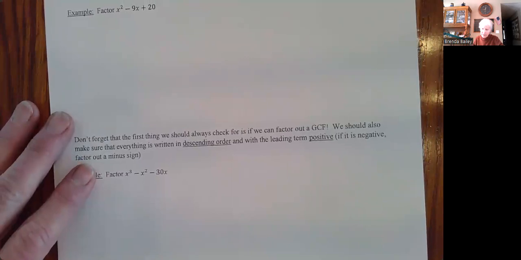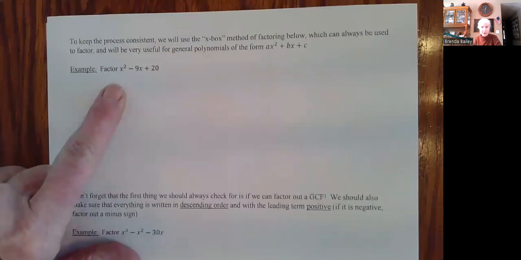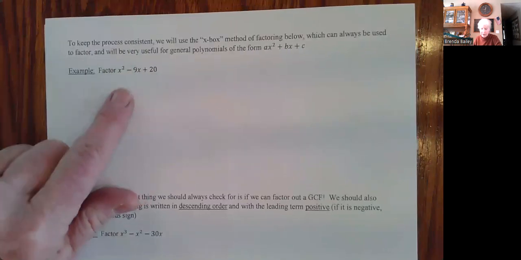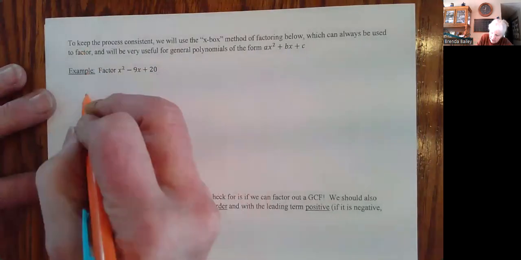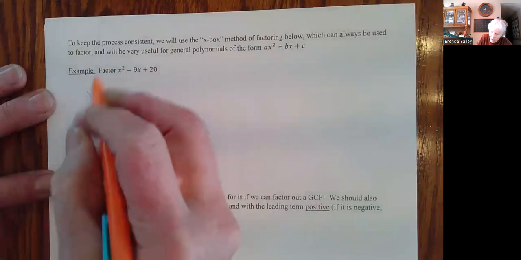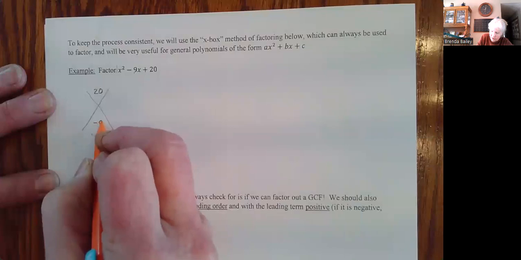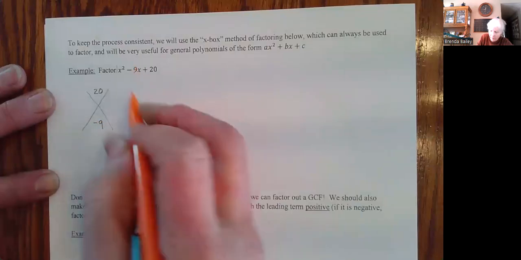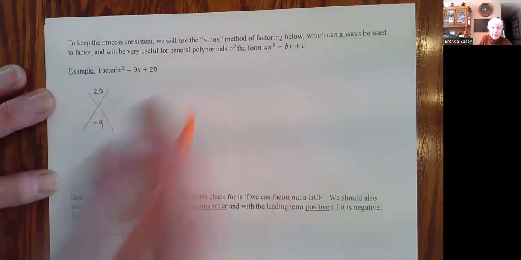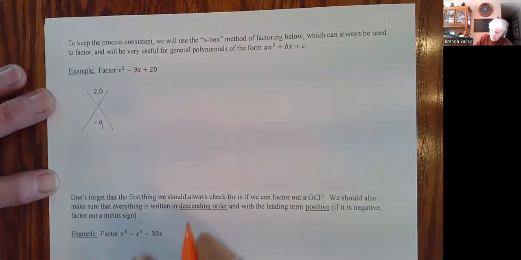All righty, so you can use the Xbox method here, is what we're saying. You can use the Xbox method if you want to. 1 times 20 is 20, and that's a negative 9, and you just start listing, and you'll come up with these two, and then you put x squared. Or you can use the FOIL